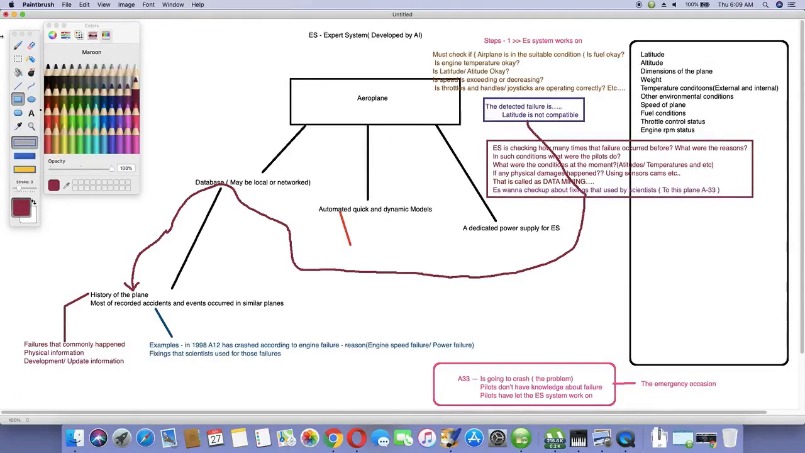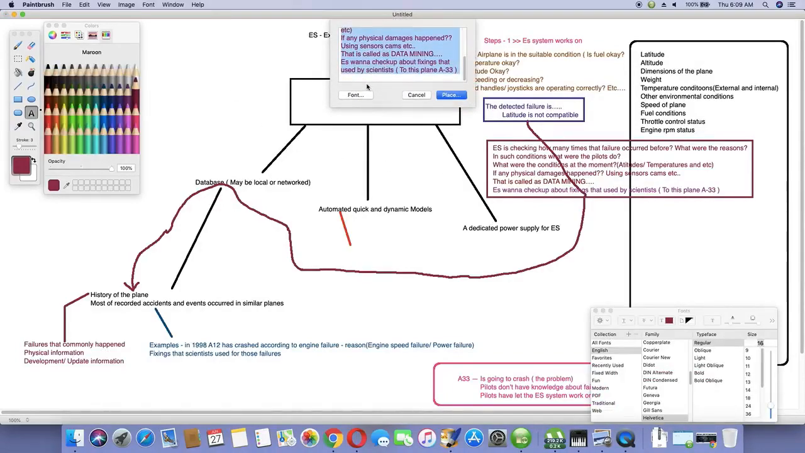Okay, now the ES is checking how many times a failure occurred before, what the reasons were, and in such conditions what the pilots did, and such kind of steps respectively. And now the immediate action should be taken by ES. Immediate action. Okay, immediate actions mean